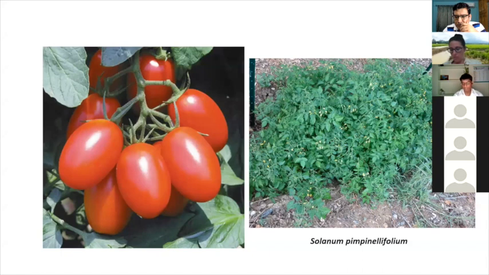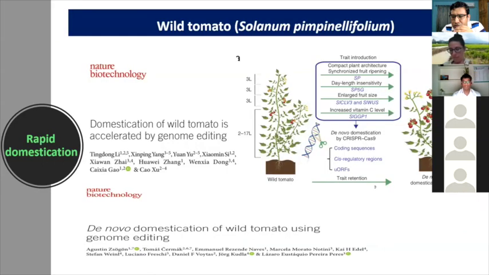So this is another extraordinary example of domestication. This is Solanum pimpinellifolium. This is a wild tomato. It is very tasty, but the size is very small, and it grows in very small numbers. So if you see, there are 2 back-to-back papers in Nature Biotech recently that have independently domesticated this Solanum pimpinellifolium into